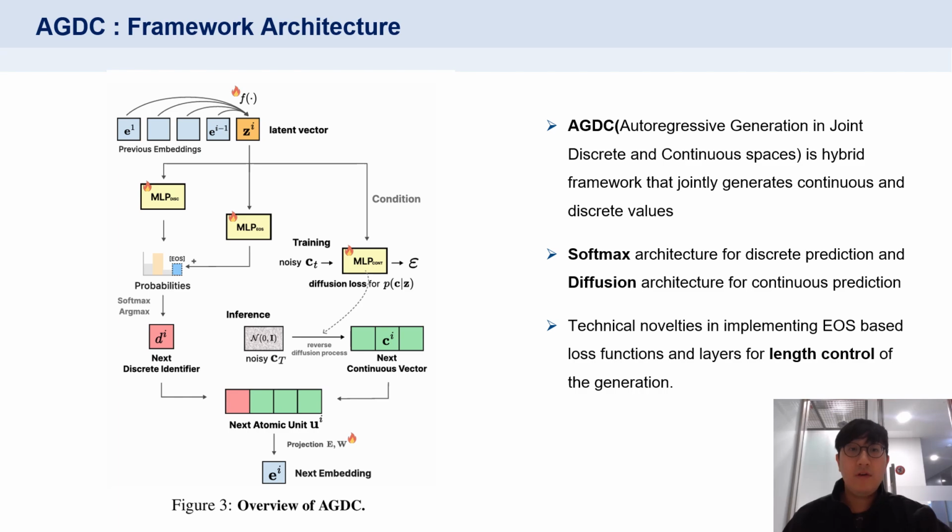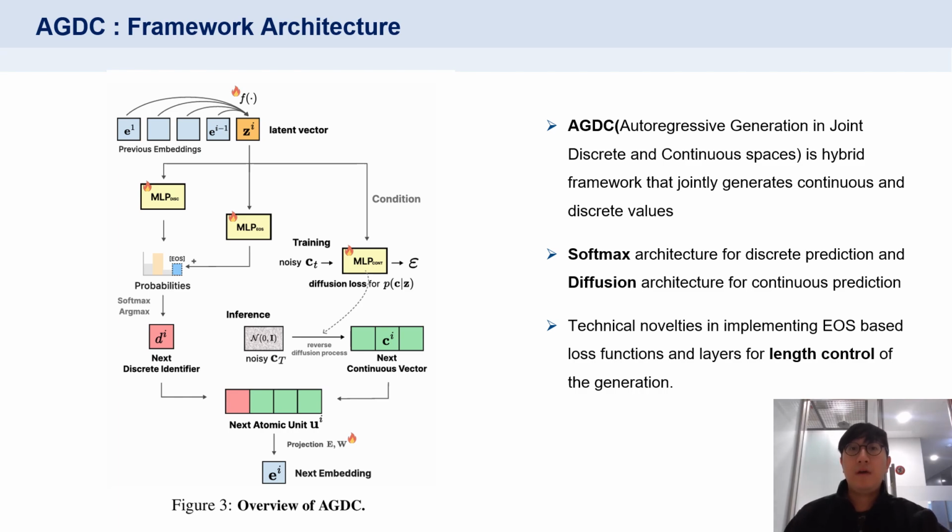At each autoregressive generation step, the model produces a latent representation. The discrete branch uses traditional categorical prediction with functions such as softmax for predicting the element types from the generated latent vectors. The continuous branch employs a small diffusion-based model to sample from continuous distributions from the latent vector without implementing discretization.